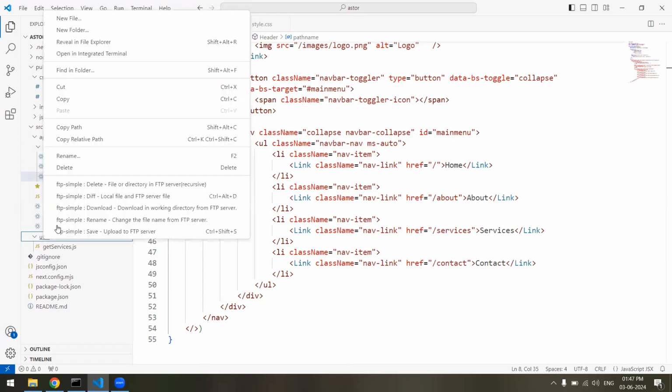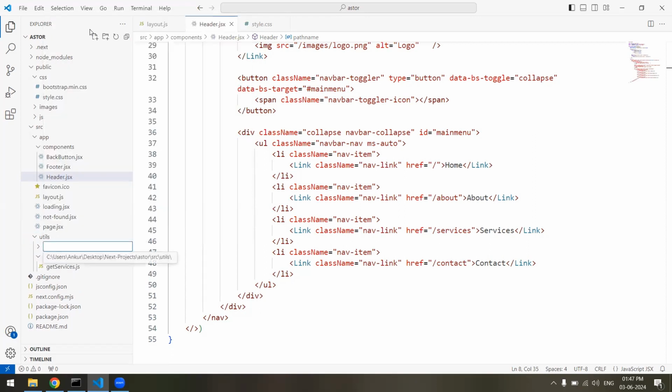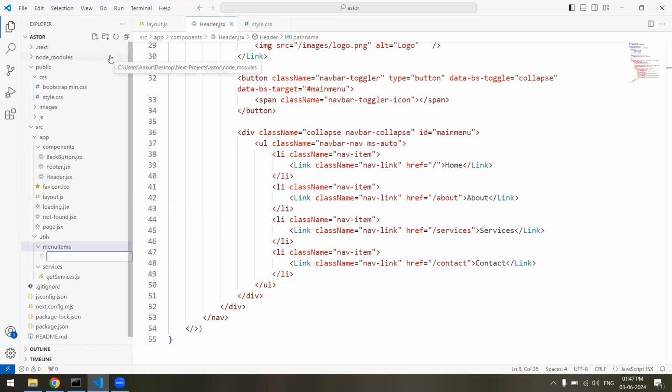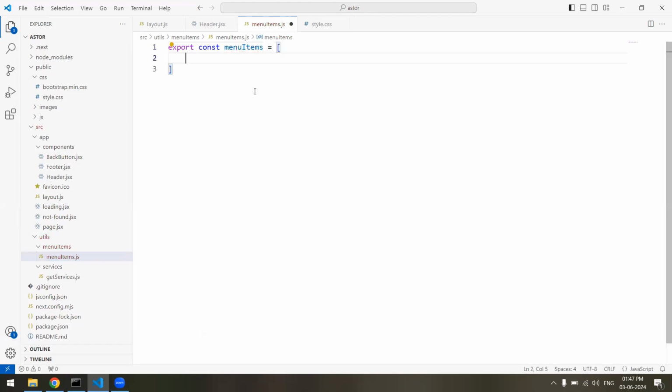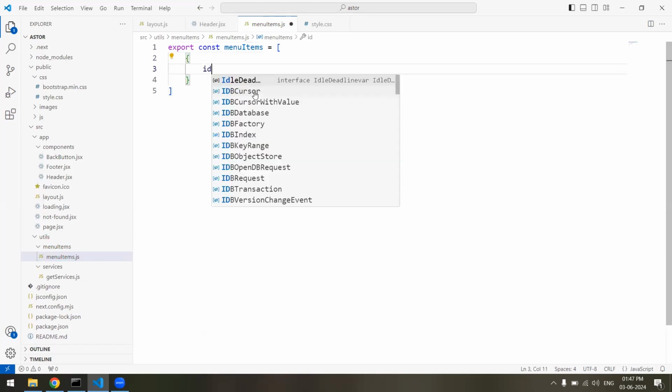We'll create a new folder, let's say menuItems, and inside menuItems we'll create another file, menuItems.js, and over here we'll write export. So we will export the variable. export const menuItems = an array,